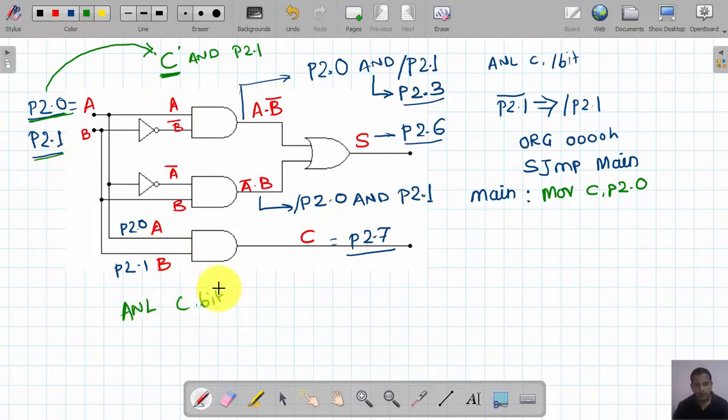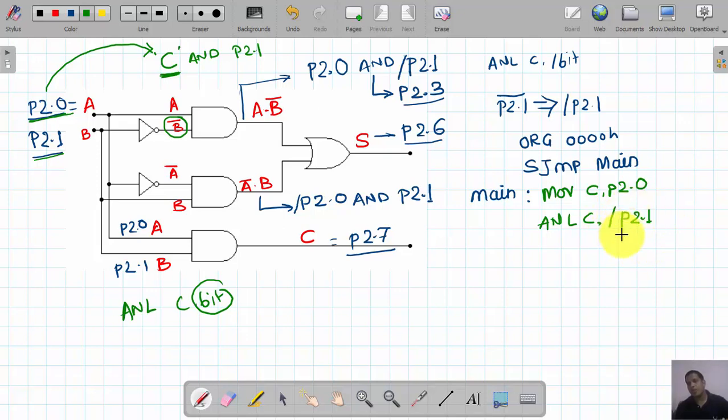But here we are not considering only the bit because it's a complement of a bit. So we write ANL C comma complement of P2.1. The moment we give this slash, that is a complement, what will happen?